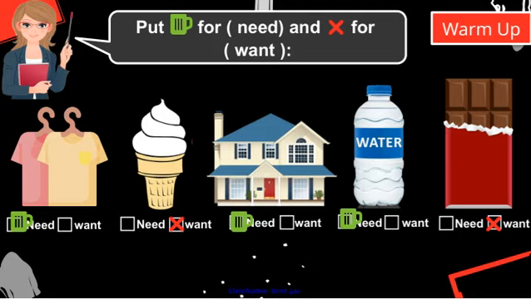Here, we've got a simple exercise where you'll put a check mark next to what you consider a need, and a circle next to a want. The idea is to distinguish between what we truly require for our well-being and what might just be desirable but not essential. As you go through each line, think about your own priorities. For example, do you see some items that you really need to function effectively, and others that are more about wants, things that would be nice to have but aren't critical?